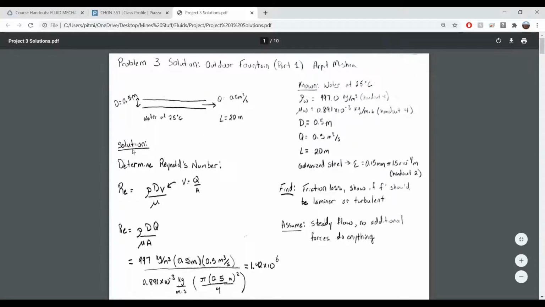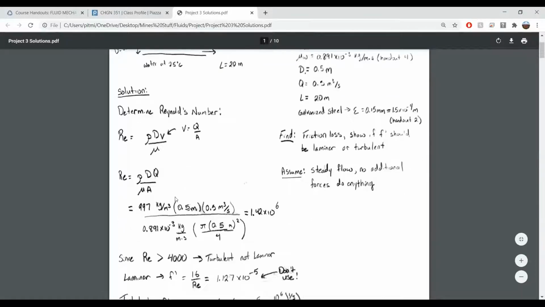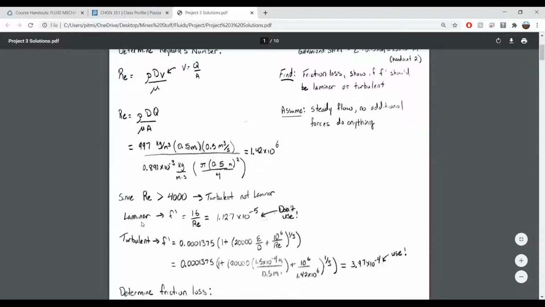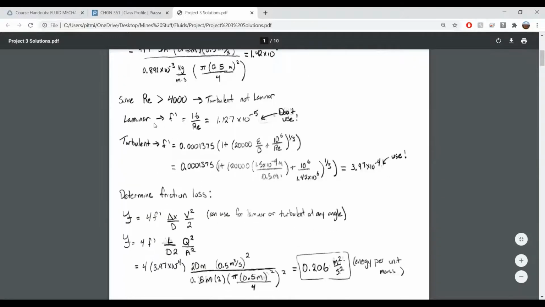So here's my picture, and the solution is, this is how you would start it. You'd have to solve for the Reynolds number. You'd get a Reynolds number, and then from the Reynolds number, I calculated what the laminar Fanning friction factor would be and what the turbulent Fanning friction factor would be. The laminar one is incorrect, so we wouldn't use it in this case,